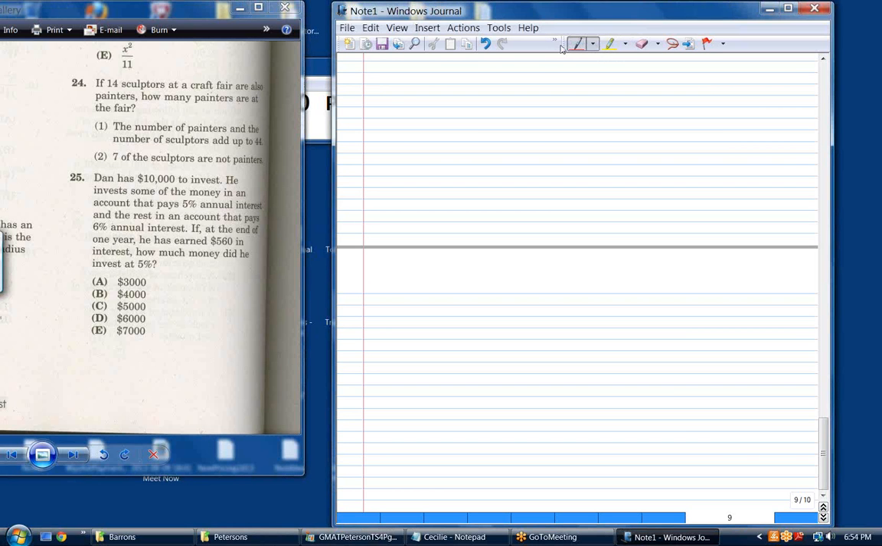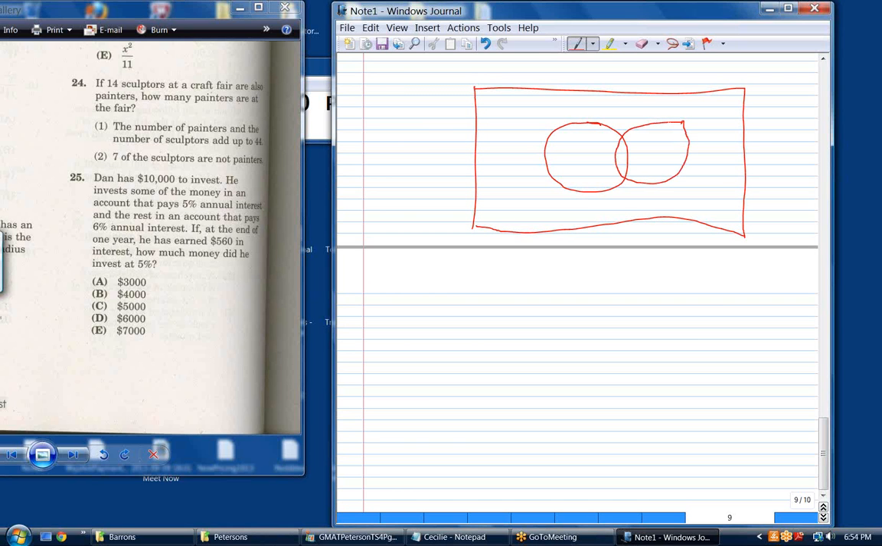If 14 sculptors at a craft fair are also painters, how many painters are at the fair? Are you familiar with the word Venn diagram? No. Okay. Well, you've probably been shown this picture. You may just not be familiar with it. It's called Venn diagrams. We use a Venn diagram whenever we have